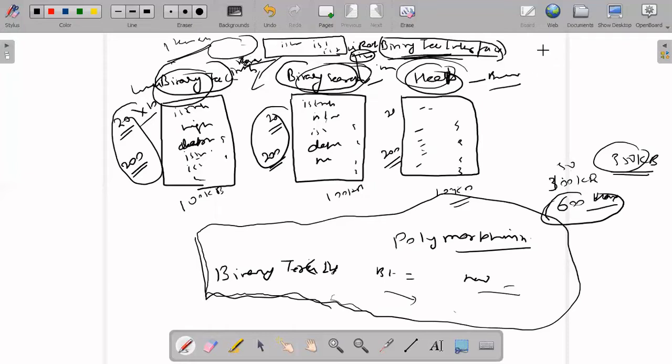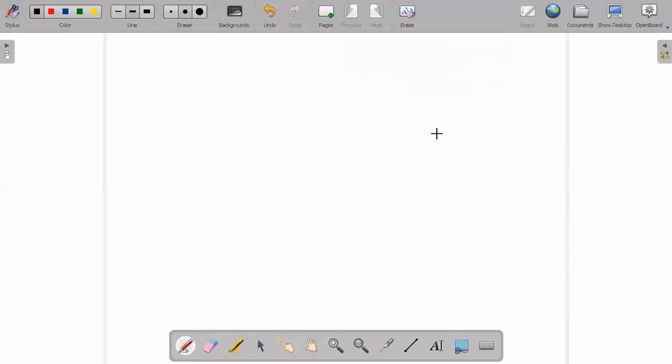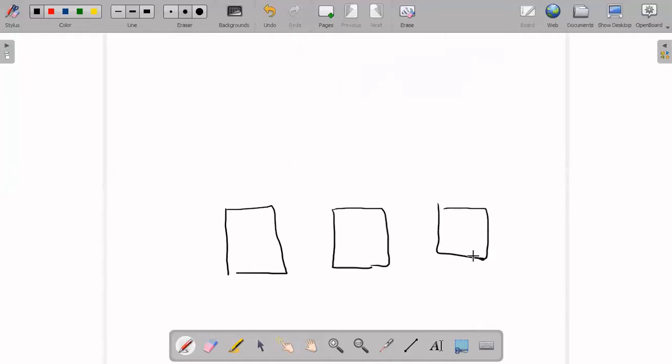Now I want to improve a bit more. Okay, how can we improve? So what I'll do here: I had 20 methods, so these are the method names.